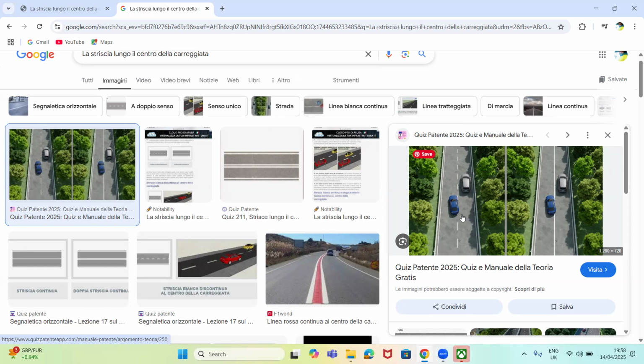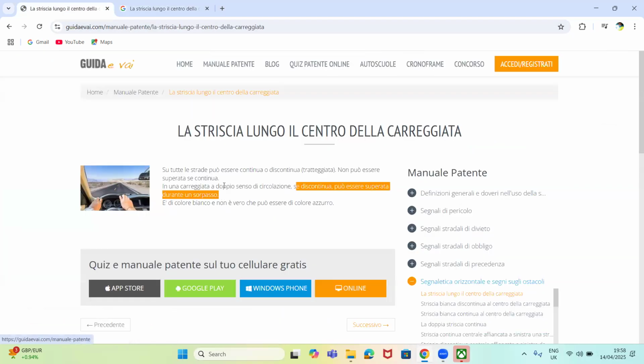We all in this class know very clearly that a discontinuous line in the center of the carreggiata means senso unico. Simple, one-way movement. But guys, there's a situation where we say a discontinuous line in the center of the carreggiata will now mean doppio senso. When we get there, I will remind us. That is why the book wrote here that in una carreggiata we get doppio senso di circolazione.